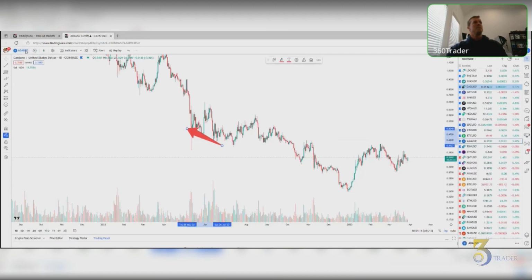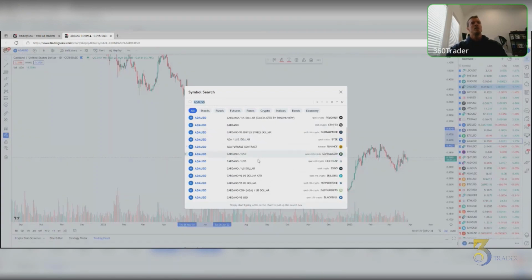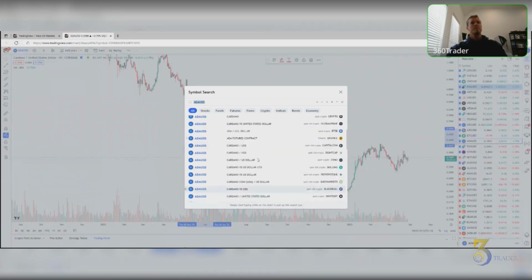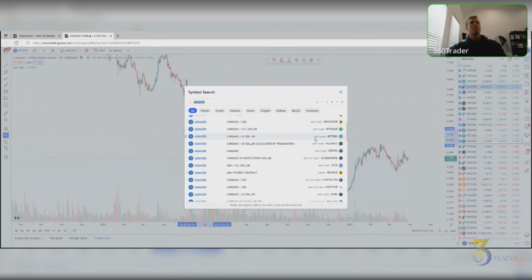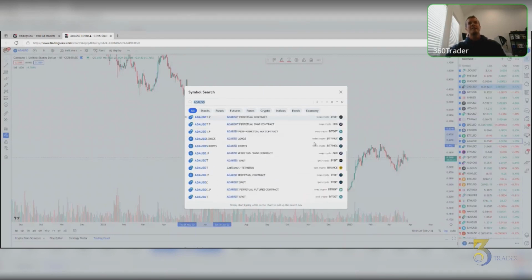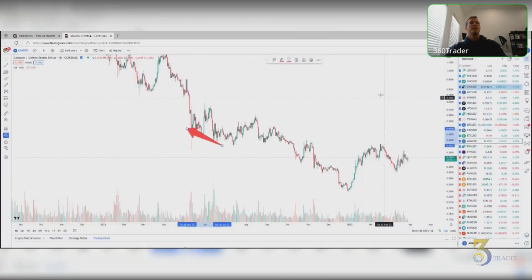And you can click on that. And because that's already there, it will show you just for Cardano every USD pairing that exists. And on the right, this is a very important piece of this, is the actual exchange that it's on. So we're going to talk about that for just a minute because it's very important.